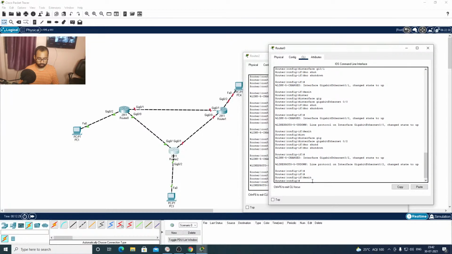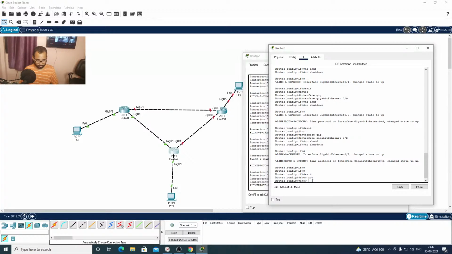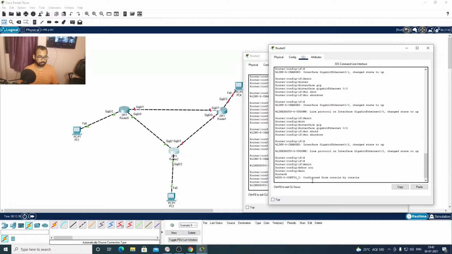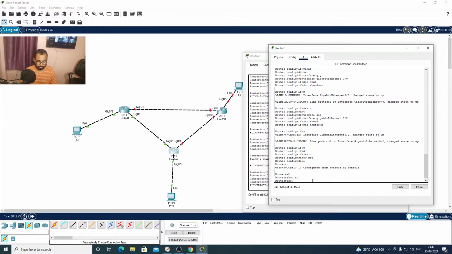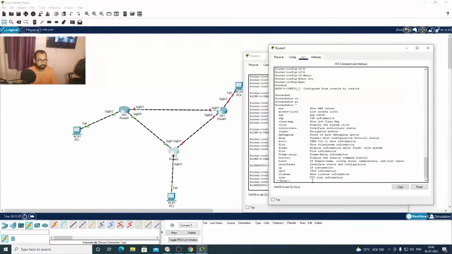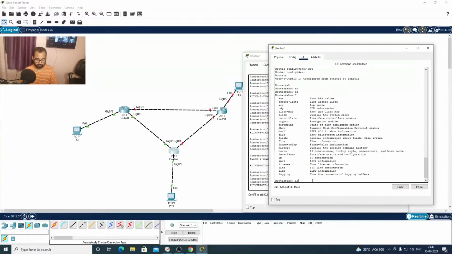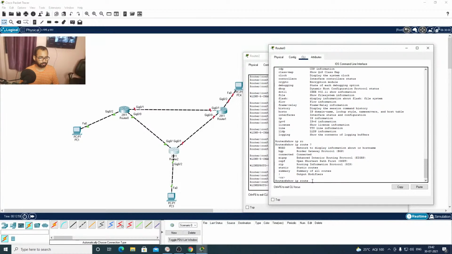Now we'll check the route table, the connected route table. For that, we will issue the command show ip route connected.